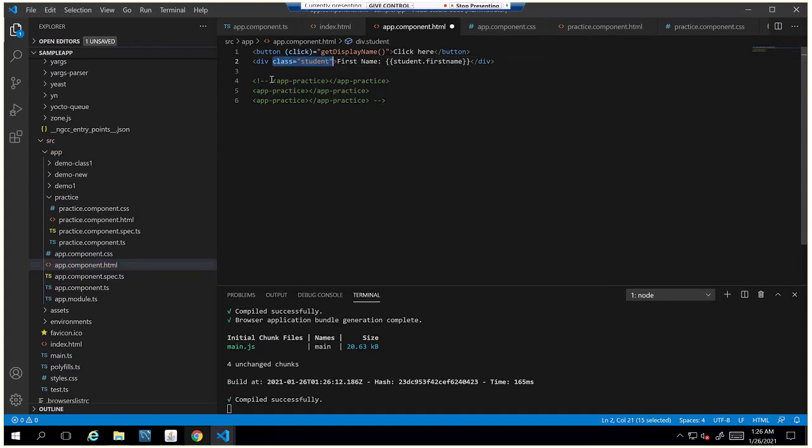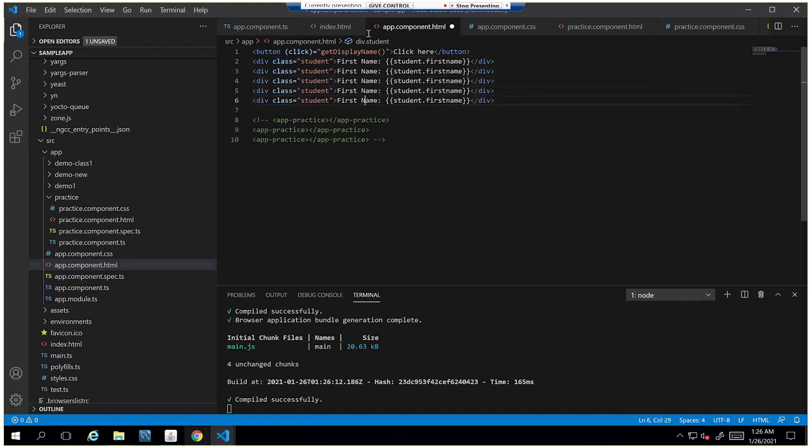And if I use it multiple times, I'm copying this line multiple times and I'll print. So last name, marks, grade. In this case, I have used the same CSS class, student.